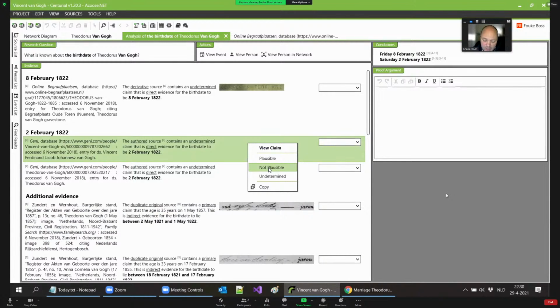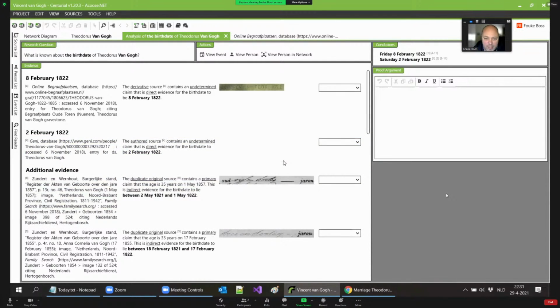And that's of course an interesting thing. We entered all the data and extracted all the data in the source, and in the person view it's read only. You can only read the data. You can't change anything. But here in the analysis view, you can say, okay, this evidence, I think that's not plausible.